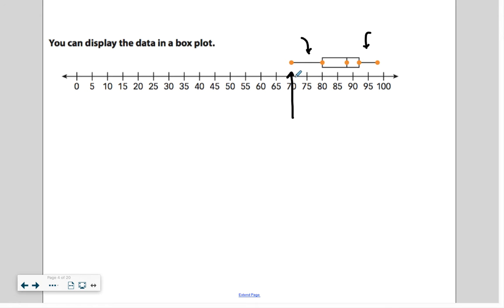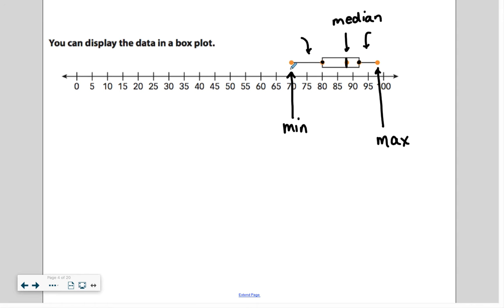This number is the minimum value. So if that's the minimum, then this one is the maximum value, okay? This number right in the middle, this line, represents the median. So if I take all the data, I line them up, I get the median, that's where I am. And then the other two dots, so the tops of the box,